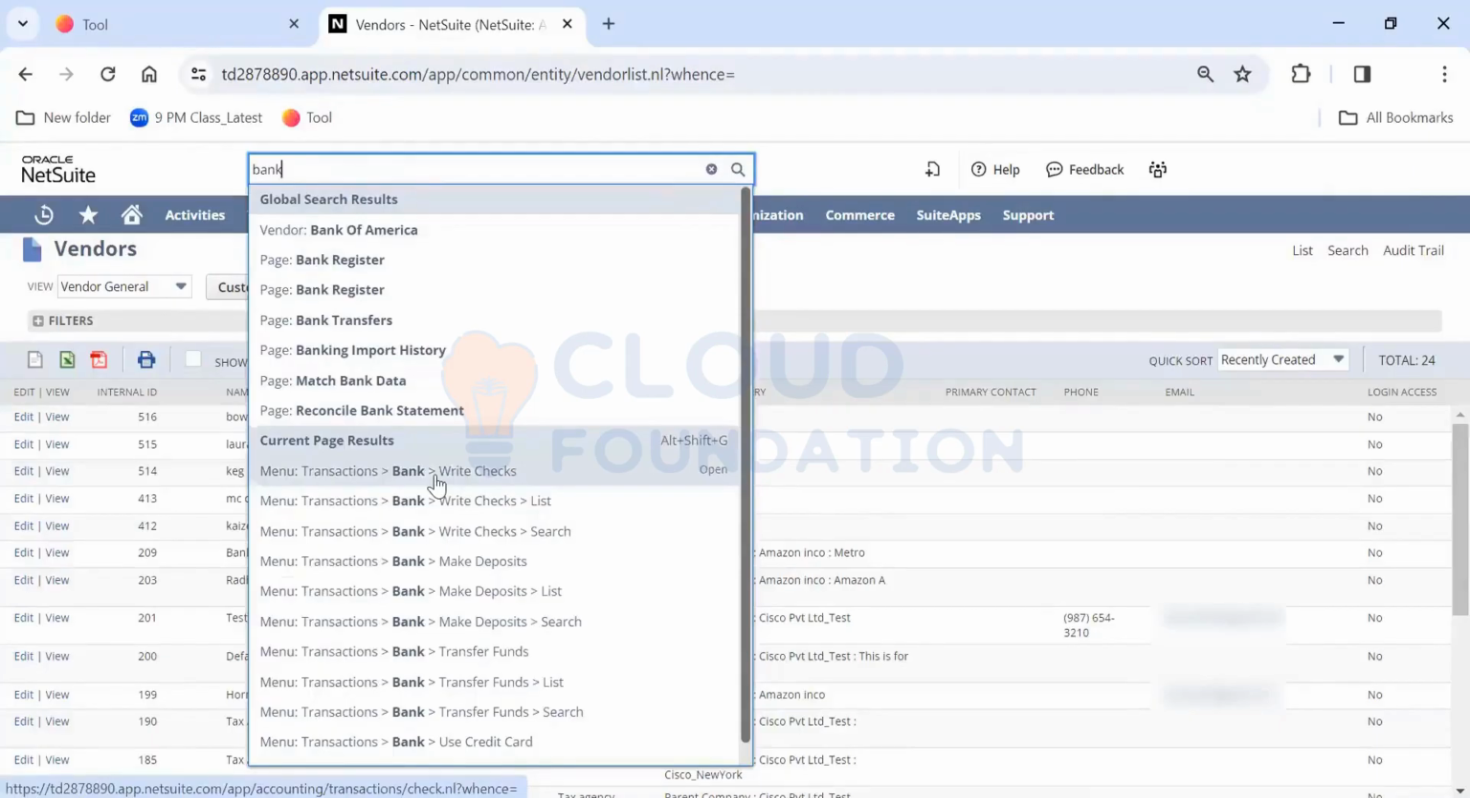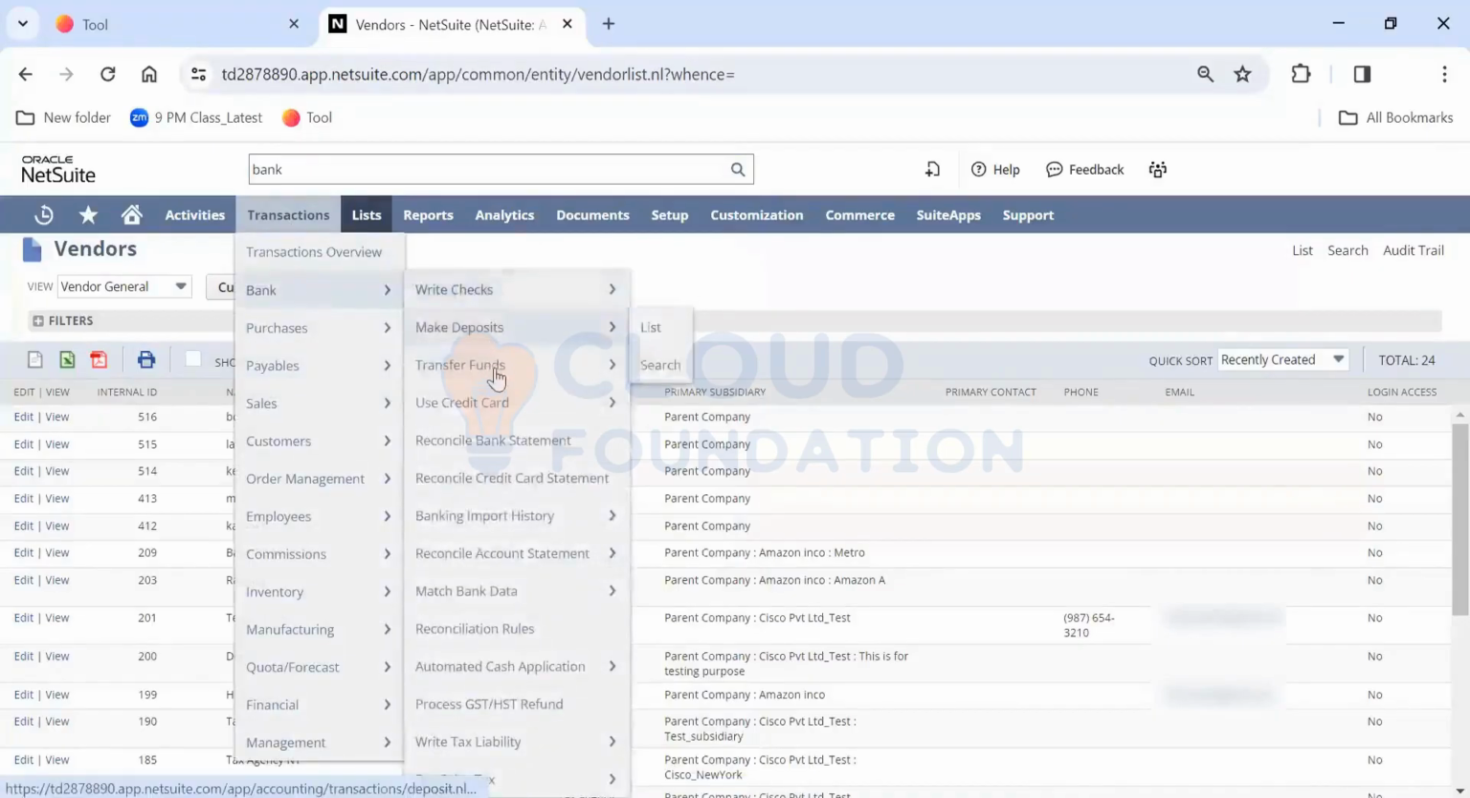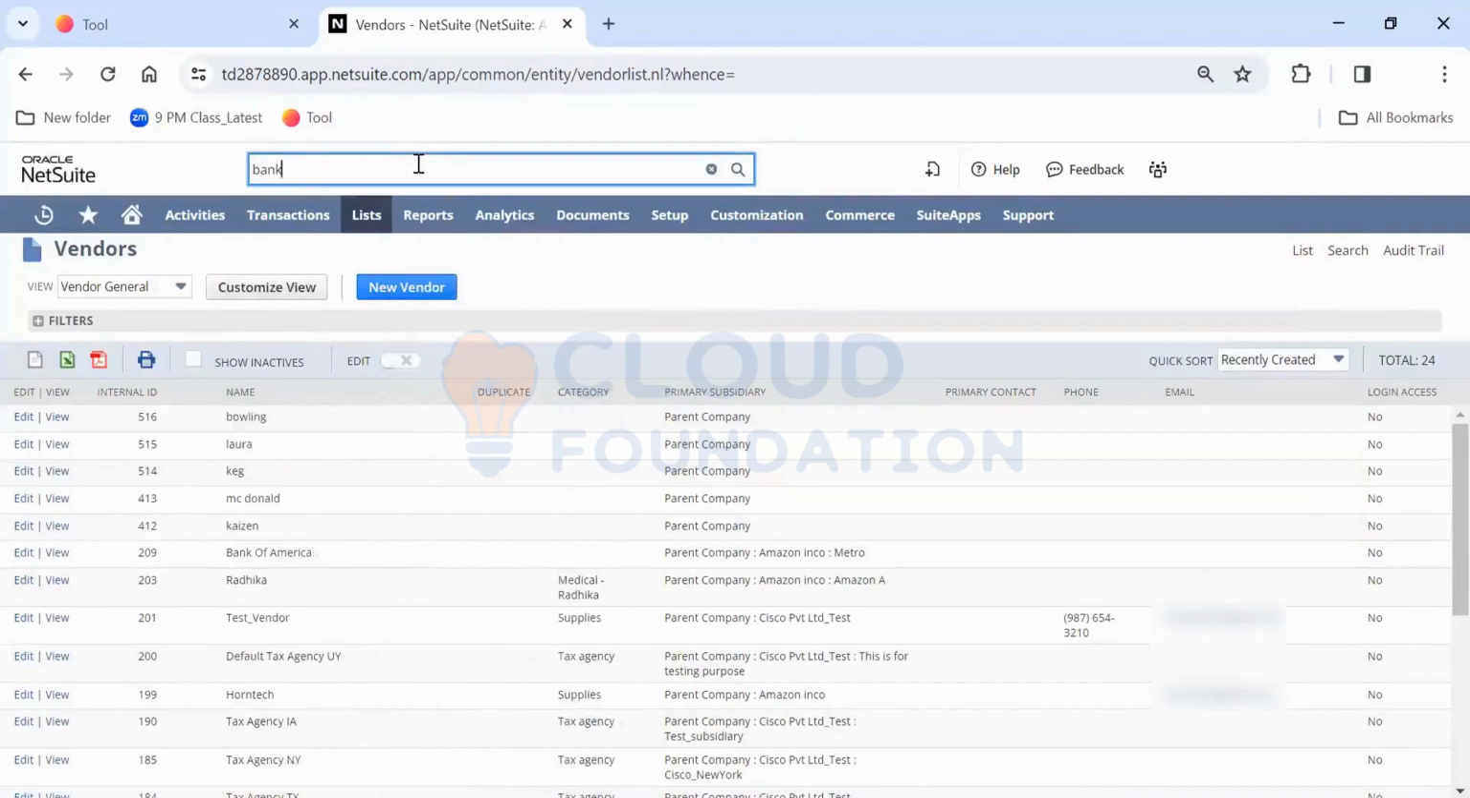So what you see down here are the navigations that you have. Write checks belongs to transaction bank write checks. Transaction bank write checks list. Transaction bank write checks search. So all these where you can see transactions, bank and write checks. So the global search is designed in such a way that you will be able to find everything which is related to that. And if you want to search only a vendor, let us say,